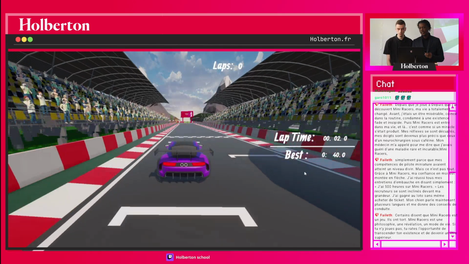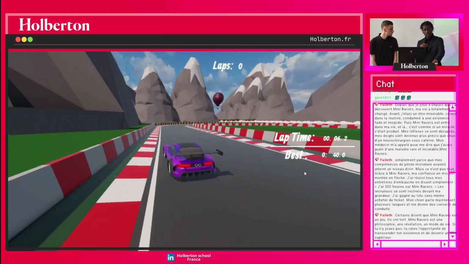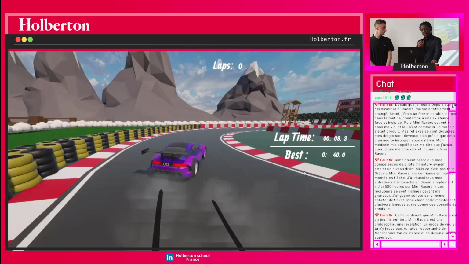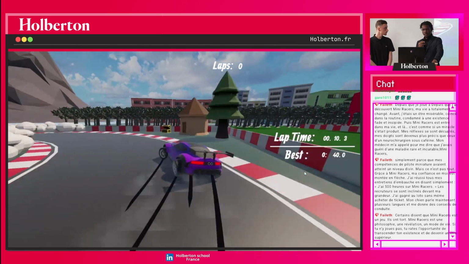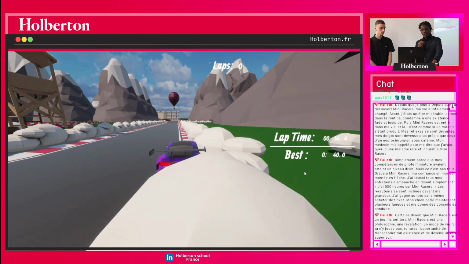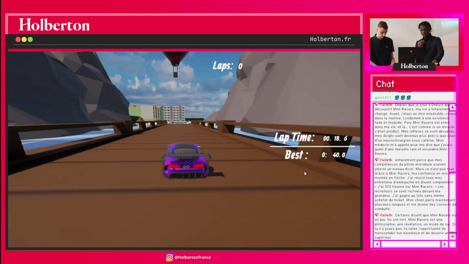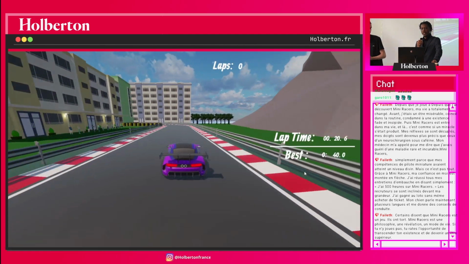So the solo mode is a time trial. So the player can beat their own record. So how is it working? It's working